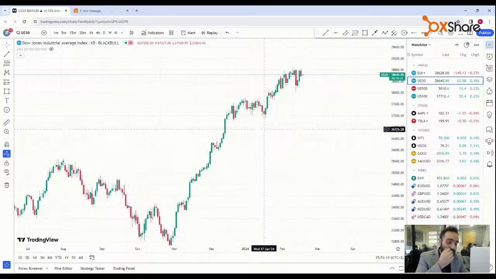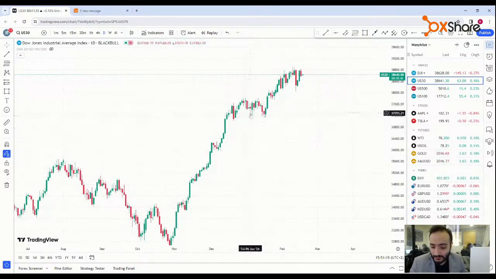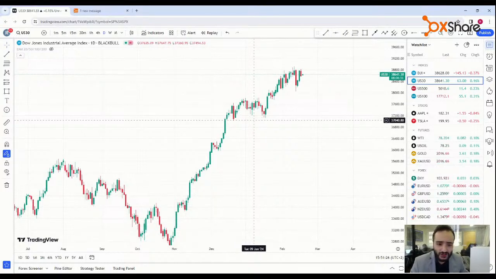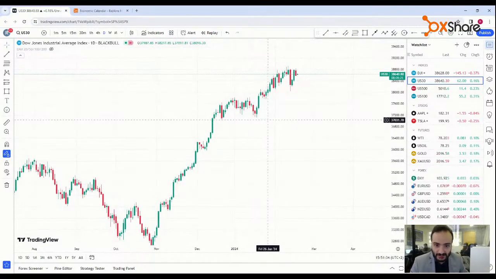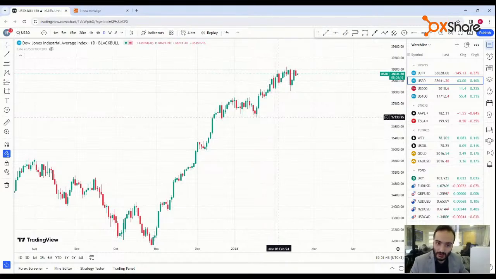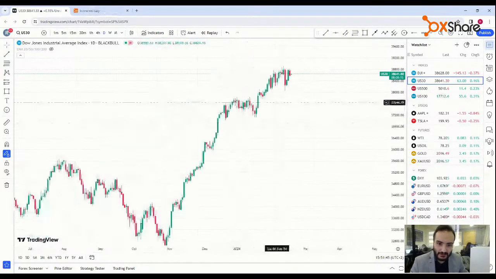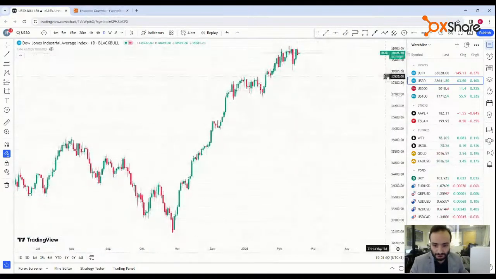Of course, this all depends as well on the financial vision of the FOMC. So if they see that inflation is stickier than expected, that means inflation isn't going down at the rate that they were expecting. We might see some persistence in the interest rates, and that means we are not going to cut as fast as the traders and investors were hoping for. So we might see a deeper correction wave for these markets before pushing back to the upside.